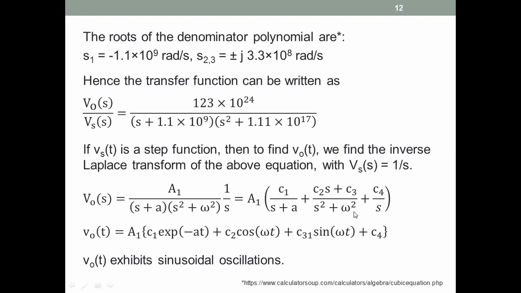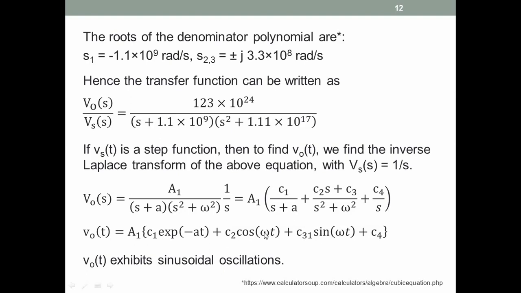c2s by s squared plus omega squared, the inverse Laplace transform is cos omega t. c3 over s squared plus omega squared, the inverse Laplace transform is a sine omega t. The constant changes. I think it is c3 by omega, but you just check, or c3 into omega, I forget. It's not relevant. The point that is relevant is that the time domain output of this system